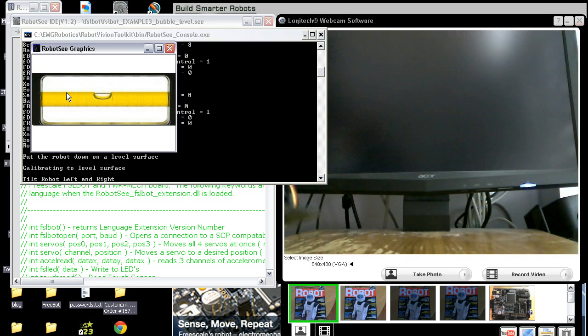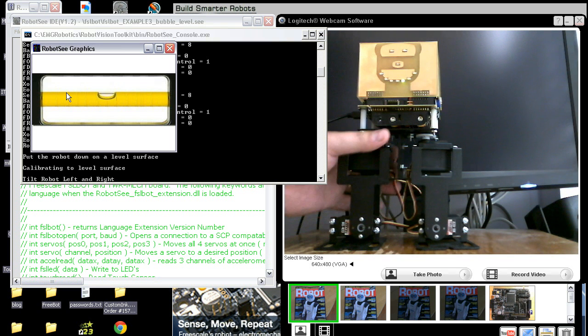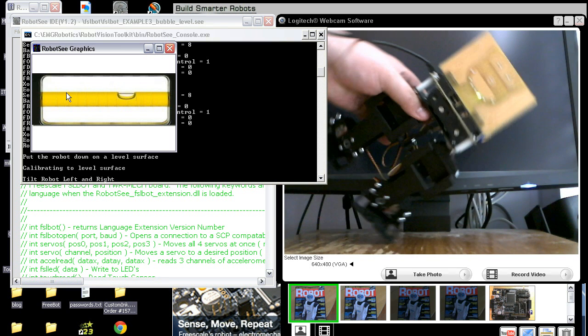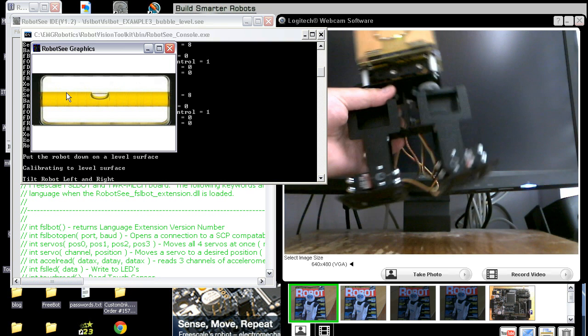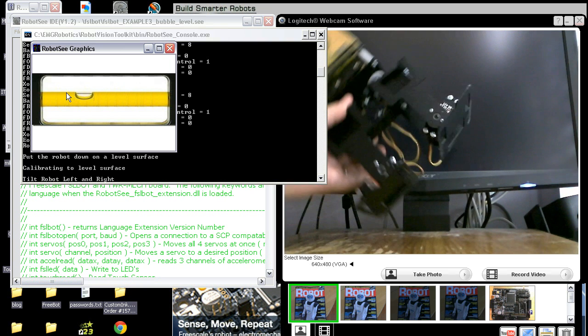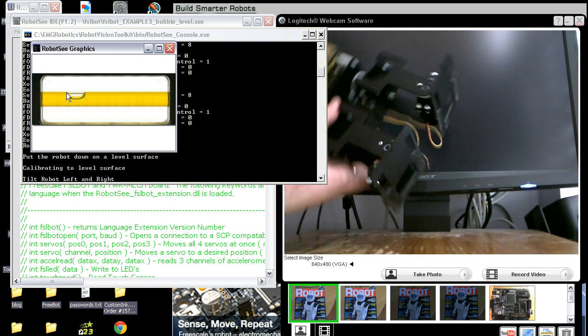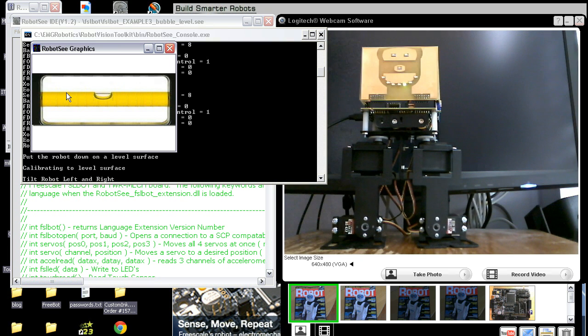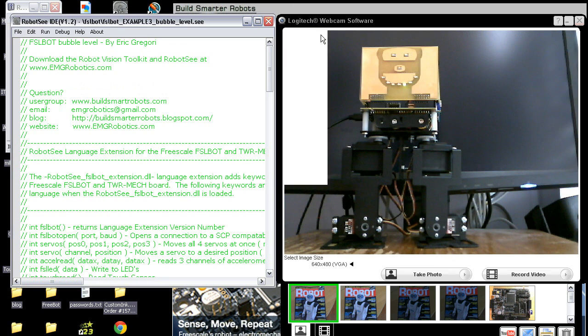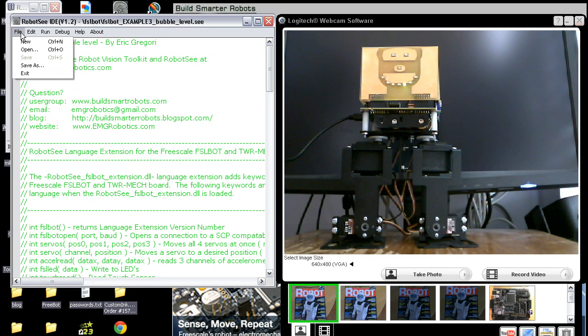Now, don't initialize the servo. In this case, what's happening is I'm putting up a graphic, which is that bubble level, and you can see I'm using the accelerometer to do my bubble level. Just remember to turn off the servo power for that particular lab. And then the next lab,